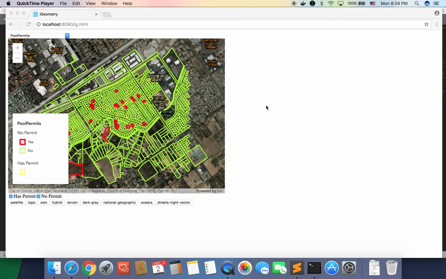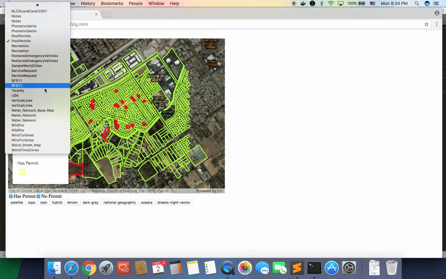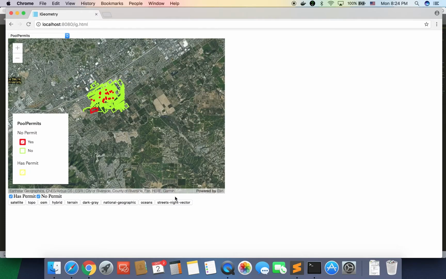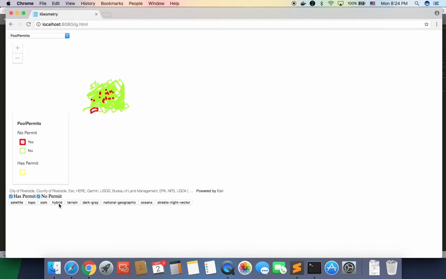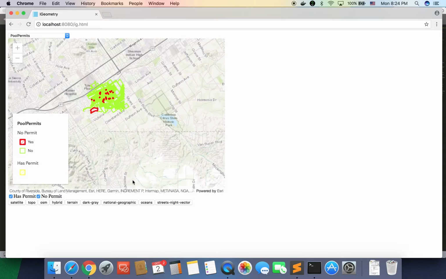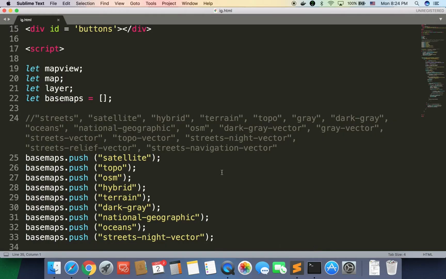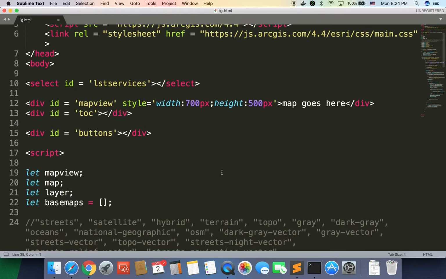We have been authoring this code for the past 7 episodes, I think. I think this is the 8th or maybe the 9th, I'm not sure. But remember, we have been building this small map viewer using ArcGIS JavaScript, hitting the public instances of ArcGIS Online, populating all this stuff, having all the base maps, changing base maps, OSM, topo. We have written a lot of code, and as I was preparing for the next episode, I was like,